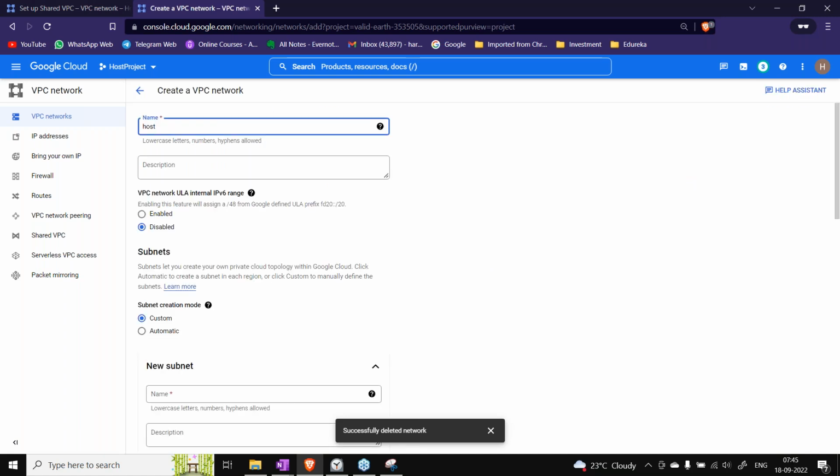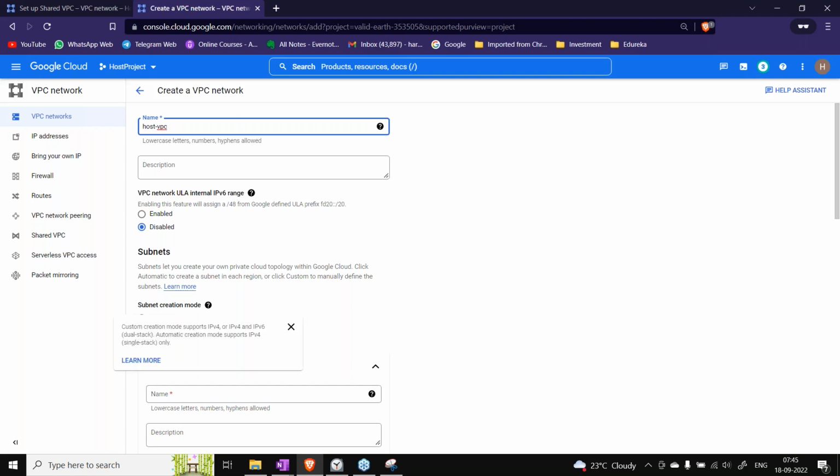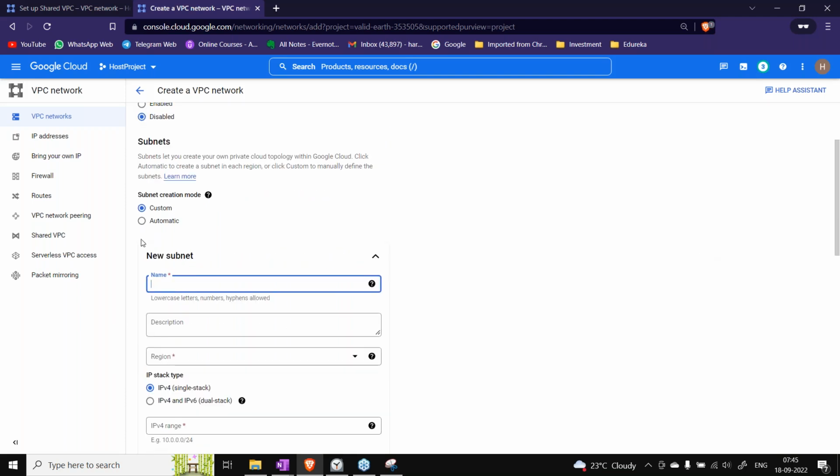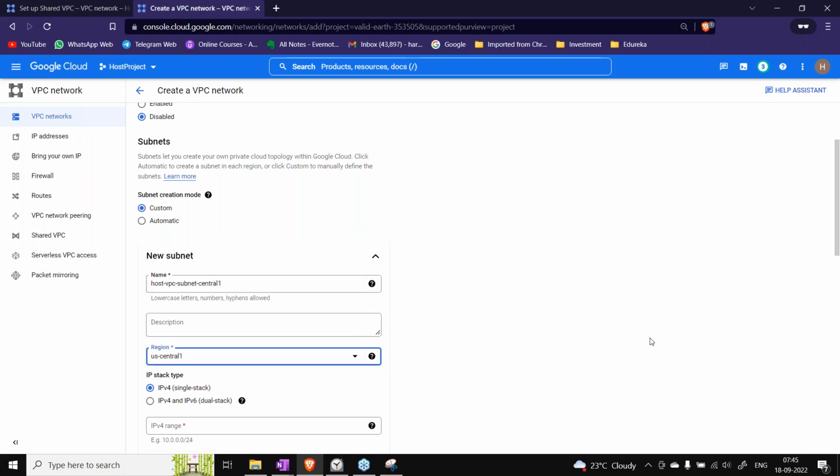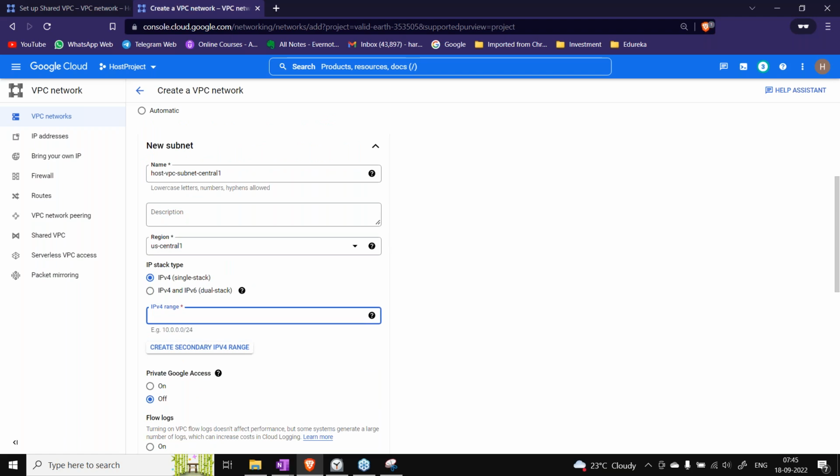Let's call it host VPC and custom. Then let's give it a name, host VPC, subnet central one, let's say. Let me just double check.